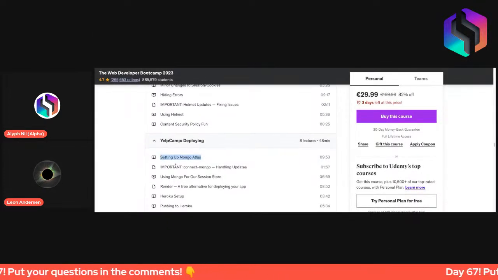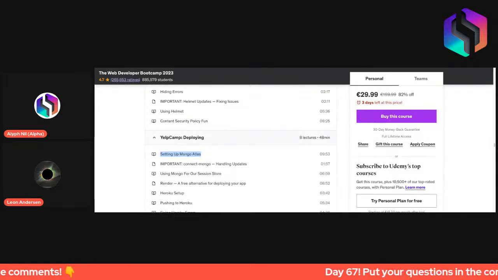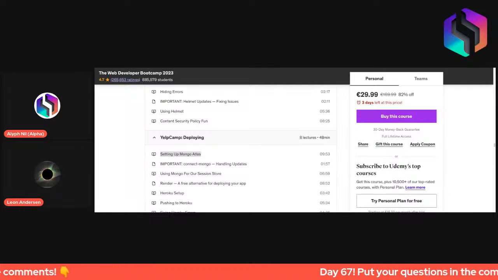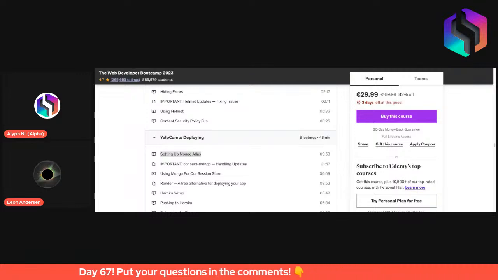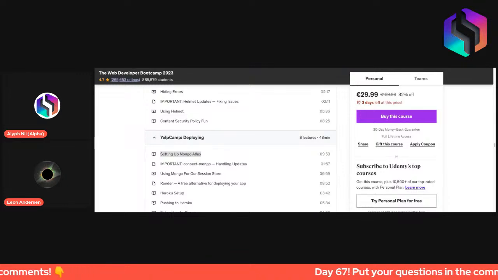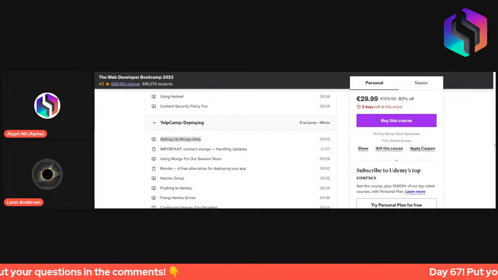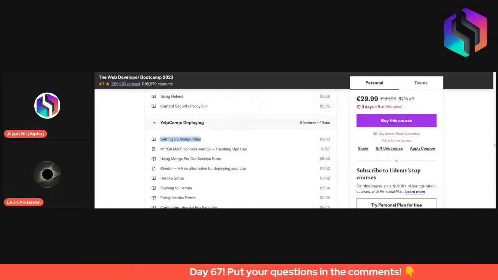And basically we were at Mongo Atlas, which, as far as I understand it, is a web service that uses MongoDB structures or the MongoDB framework in combination with different hosting services like AWS, and I don't know what the others were, but you could pick from a few.